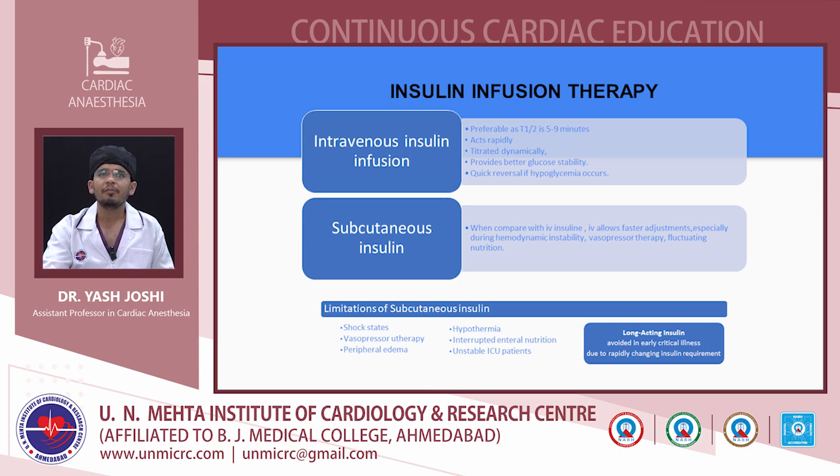Now coming to the insulin infusion therapy. Intravenous insulin infusion remains the preferred method of glucose control in unstable patients in the ICU. Regular insulin has a short half-life, approximately 5 to 9 minutes, allowing rapid dose adjustment and quick reversal if hypoglycemia develops. Compared with subcutaneous insulin, intravenous insulin provides better glucose stability, and particularly it is useful in